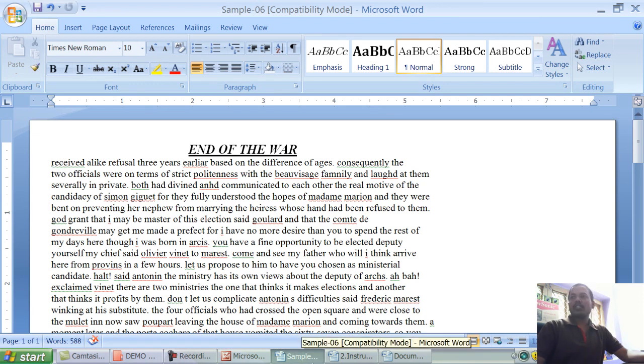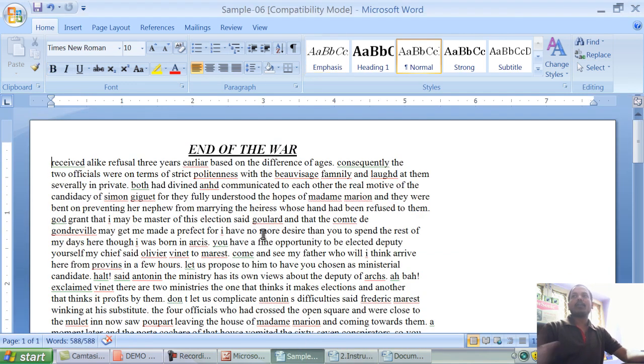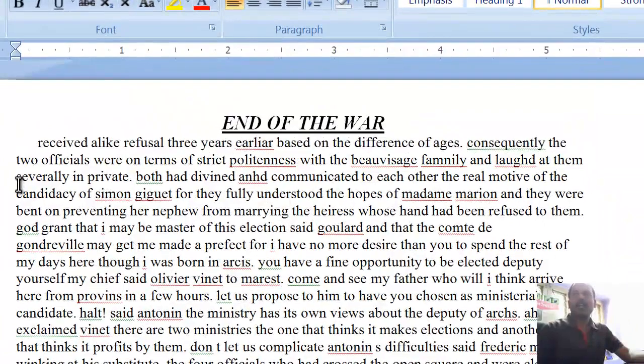So where and how to apply this option in the Word document? This is the option given by the client, so we have to apply it like this. How to apply? You press Tab, yes, the Tab option. If we see some space before the start of the paragraph, that is what it is called.